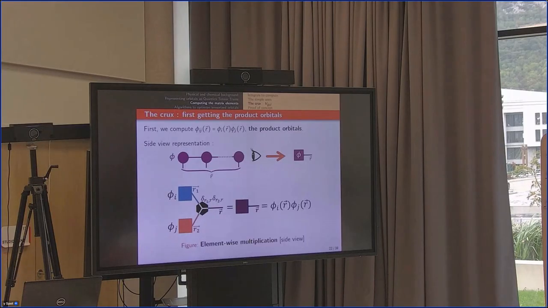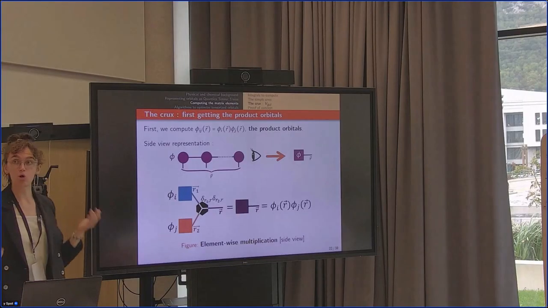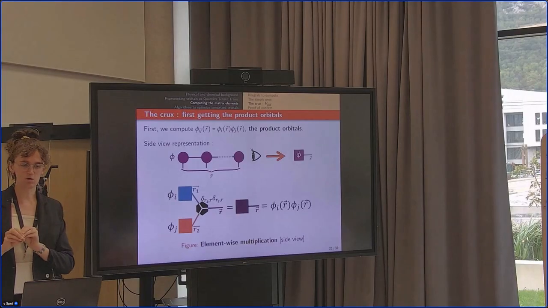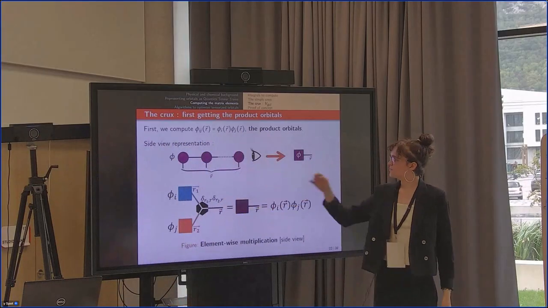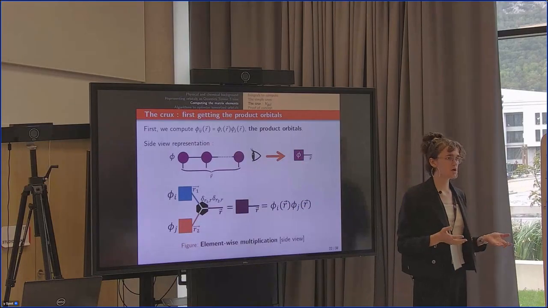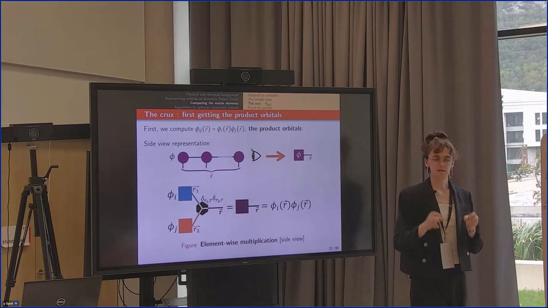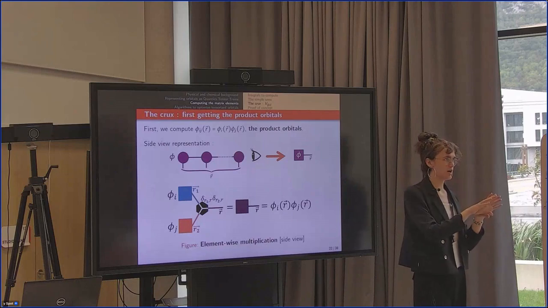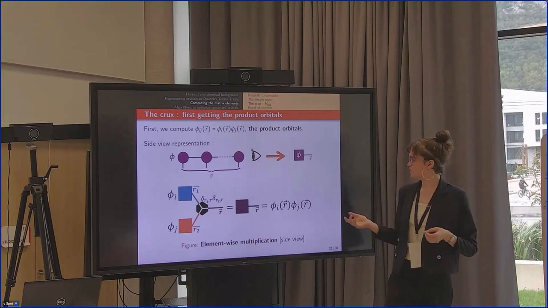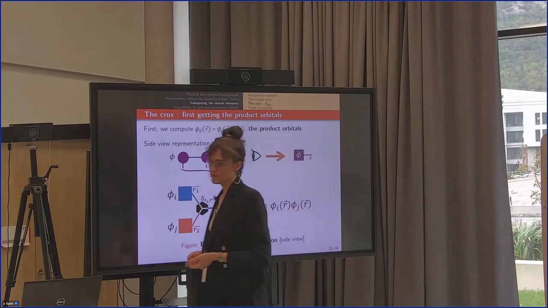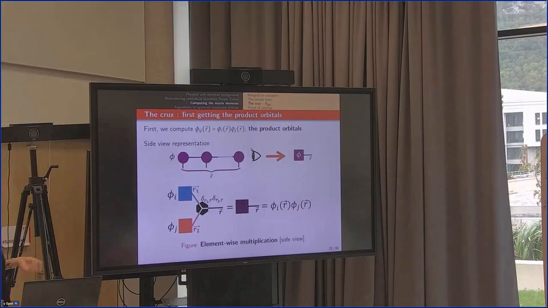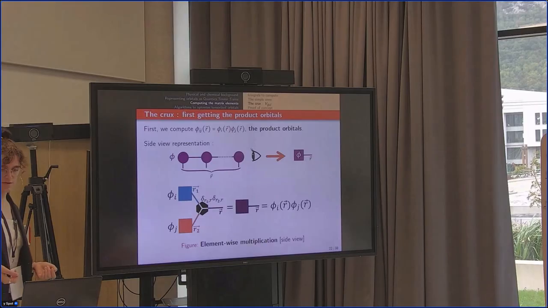And in this notation, the product orbitals, you take two orbitals and you get one, which is the product. It can be represented like this, where you apply this delta to enforce that the positions on each orbital be the same, which means that you have phi i of r, phi j of r, and the result is phi i times phi j evaluated on the same position. This is the element-wise multiplication. We use an algorithm that's not as good as what was introduced before. We have the K^4 scaling, but it actually means that we could greatly improve our computations using these new methods.